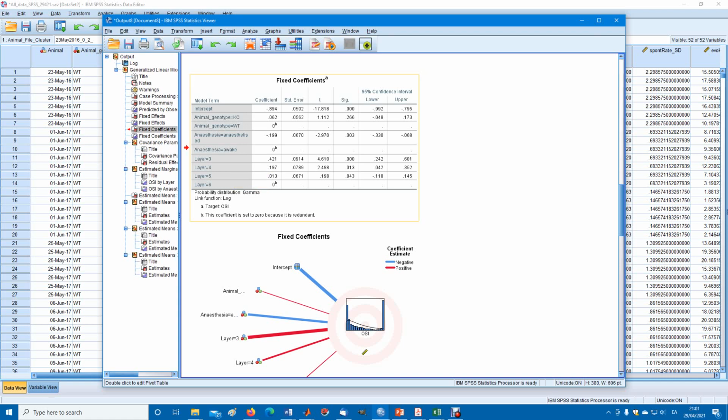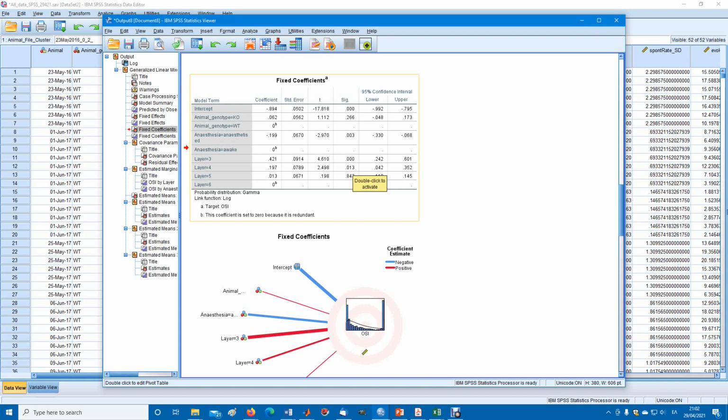We get a coefficient and a standard error, and then the significance is here, 0.266. For the anesthesia, the significance is 0.003, so that's highly significant. And for the layers, it's here. Not only is the layer as a factor significant, but because we have several levels now, it's like a post hoc test. It tells you which levels show the biggest differences